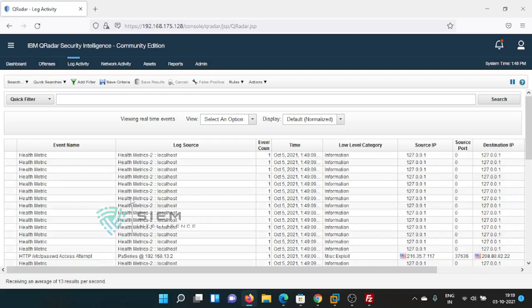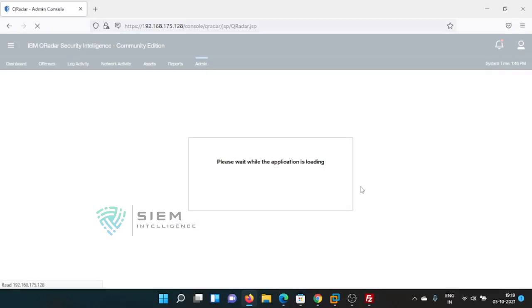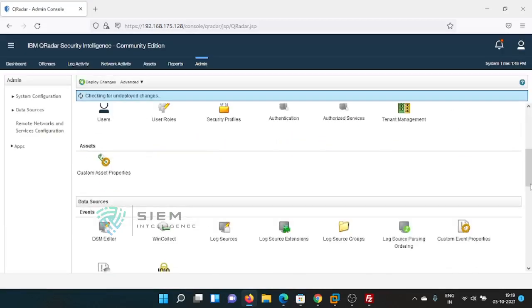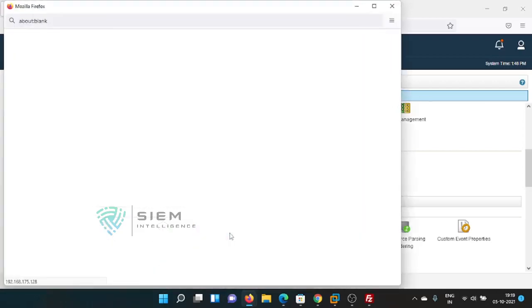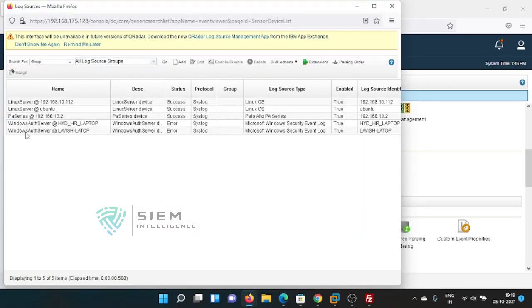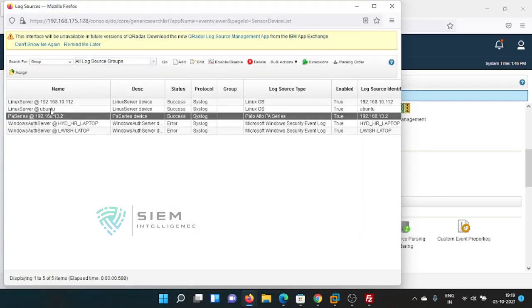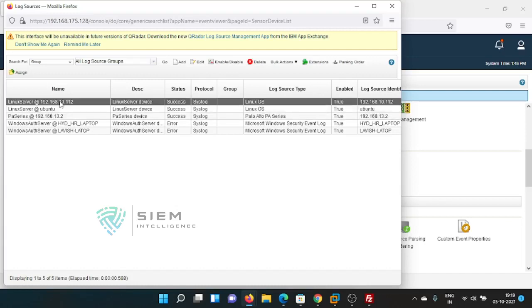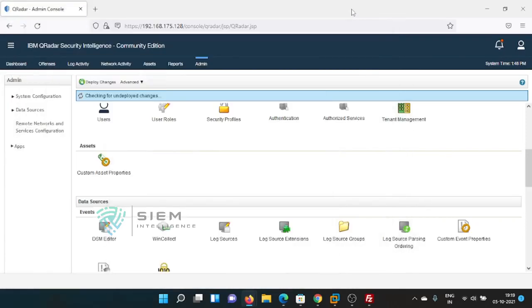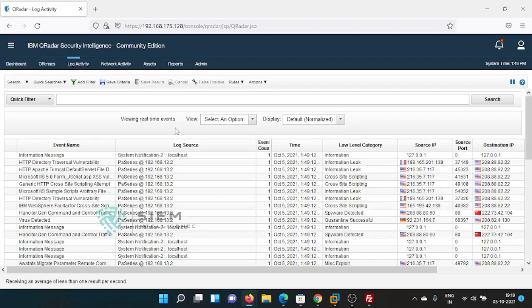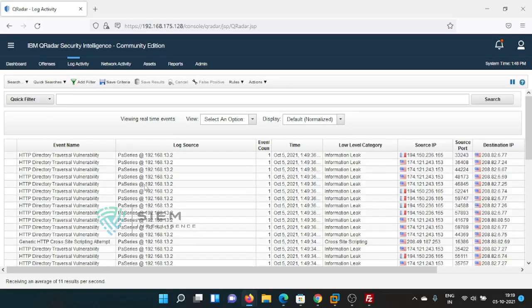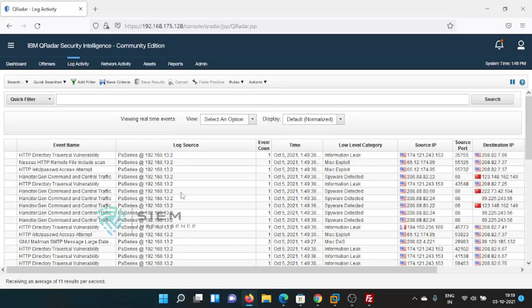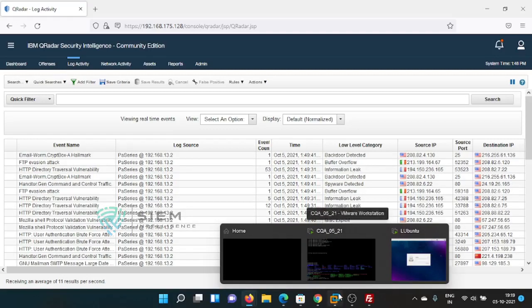And if you see, virus detected is coming, and if you go and see in log sources, you may get so many log sources over here. See, PA is added, Ubuntu is added, 10.112 is added, these three added. So like this you can come to know there is a huge log activity happening. After so much time you will get many other logs also.